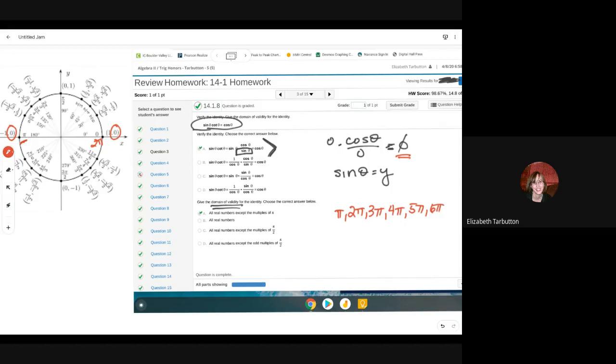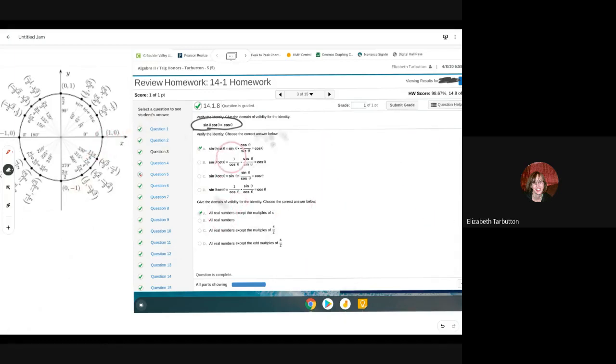Sounds great. So that would give us the domain of validity: all real numbers except for the multiples of pi. What about if we had a different situation? So let's ignore this problem for a minute and let's look at another example. Say that I gave you something like verify the identity of